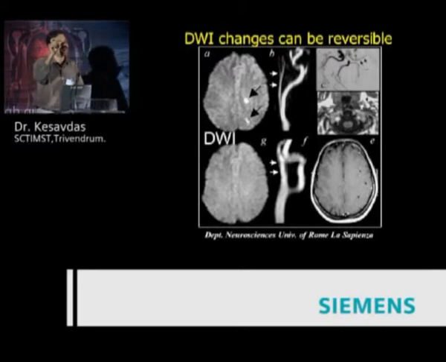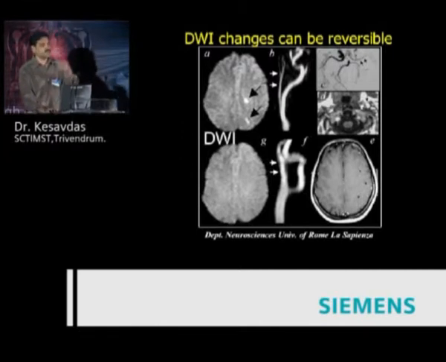The periphery probably is the area which you can still save. So that means what you see in diffusion weighted imaging is not always irreversible. There are areas which can be reversed. This is a case which we got. A patient had a vasospasm while doing an angiography, and almost all the lesions have disappeared after some time when